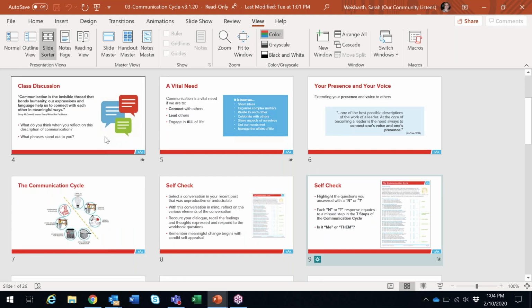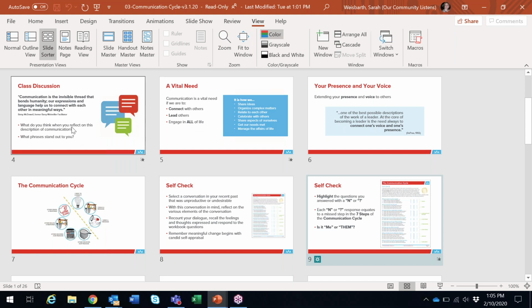And then we shift into this class discussion. We invite someone, just like Lindsay modeled for us, to read the quote on the slide and then reflect on what does this mean to you? At all times with class discussions, you'll see on your teaching arc, that we'll look at here in just a moment, that's when we're starting to shift up into maybe a higher zone than where we started from. With communication cycle, we are only shifting into zone 2, and this is where we're giving people that opportunity to think about why is communication important? We all know we do it, but why is it really important?